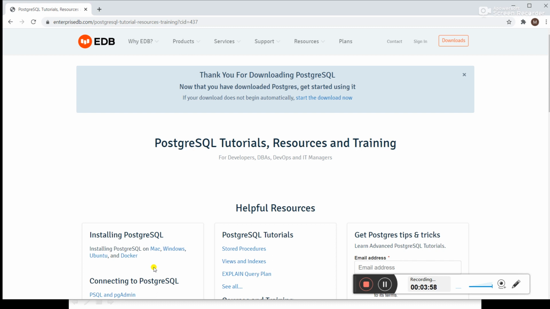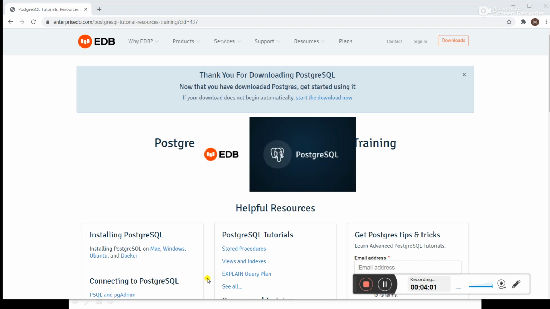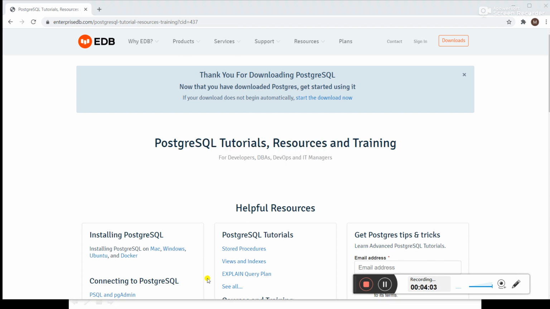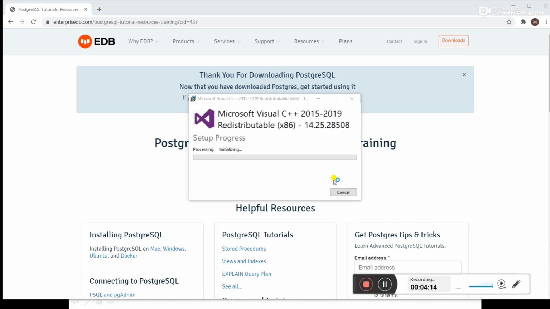Now see, it is getting opened. Now the setup part has started. Again, it will take some time.